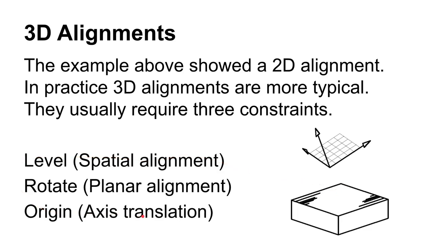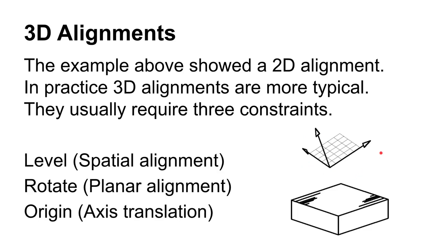And the language that's used in PC-DMIS is to talk about level, rotate, and origin. So when you level, you take this coordinate system that right now is undefined, okay? And in fact, in PC-DMIS, this thing will be sort of dancing and pitching around to show you that it can move, that none of the degrees of freedom of this coordinate system have been defined.